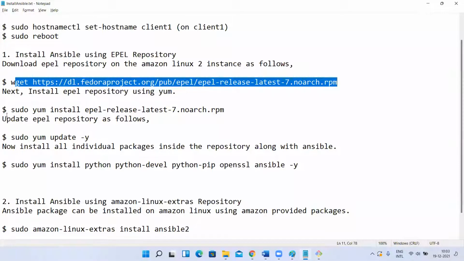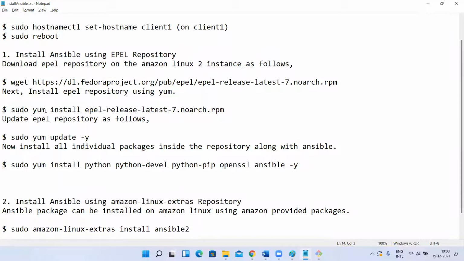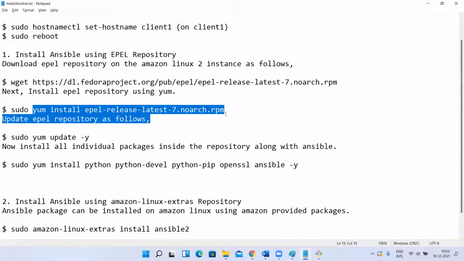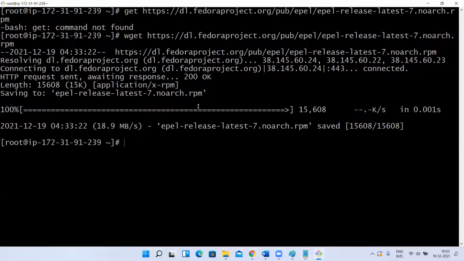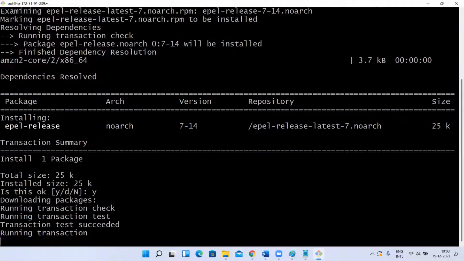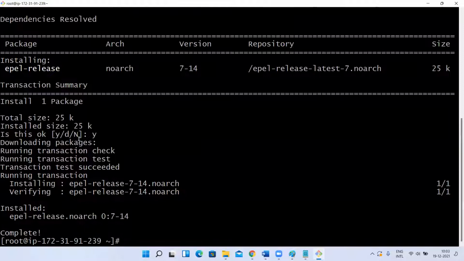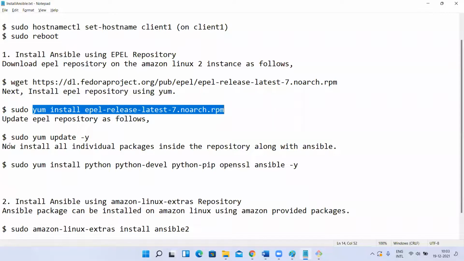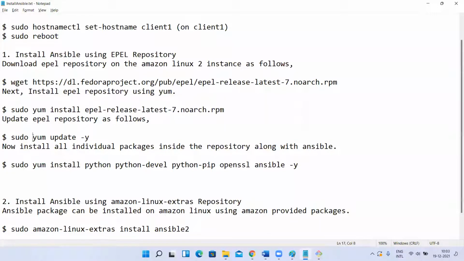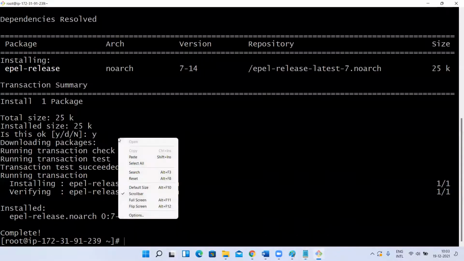Next, install this. Next, just run yum update -a once again.